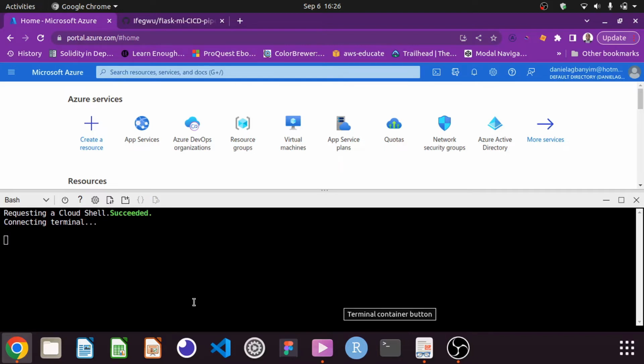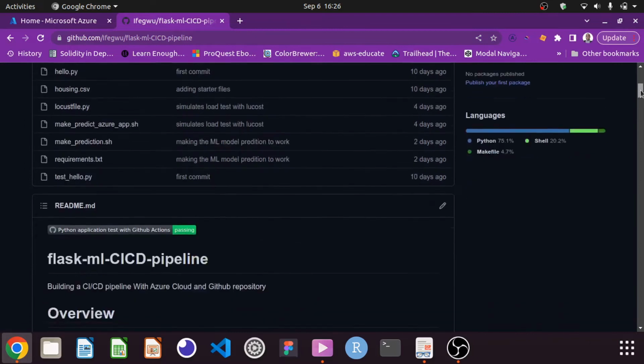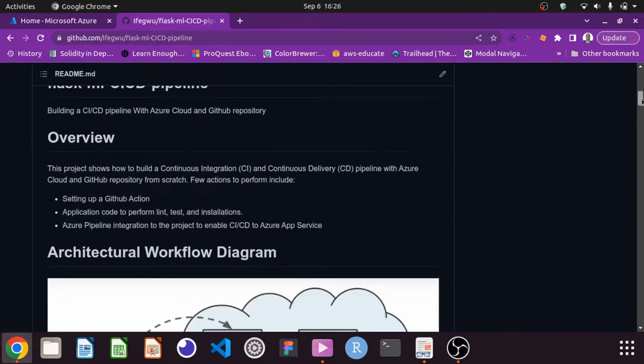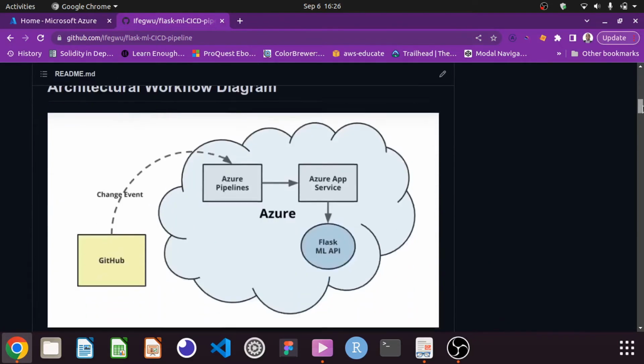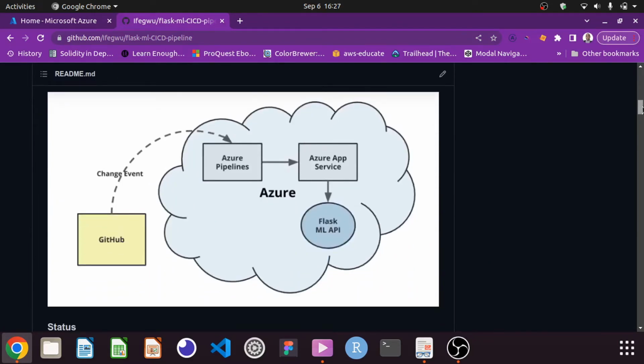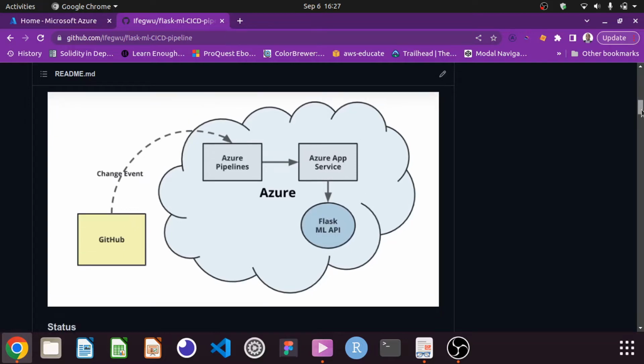Then, you have already cloned your GitHub web repo. Here I have already done my GitHub repo, then included all the boilerplates that have been given for the assignment. So here is the architectural design of how GitHub and the Azure pipeline, in fact, Azure infrastructure will talk to your API to effect the continuous integration and continuous delivery of every change you have made to